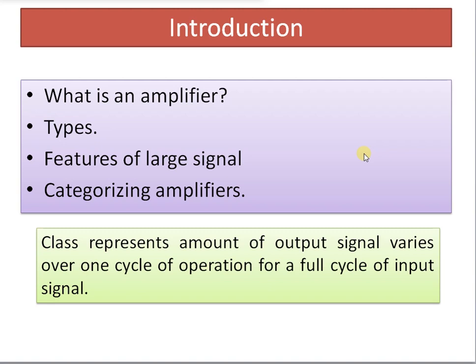Amplifiers can be classified into two types, the small signal and the large signal amplifiers. In small signal amplifiers, the main factors are amplification, linearity, and the magnitude of gain, while the power handling capacity and power efficiency are of little concern because the input current and the voltage are very small in the small signal amplifiers.